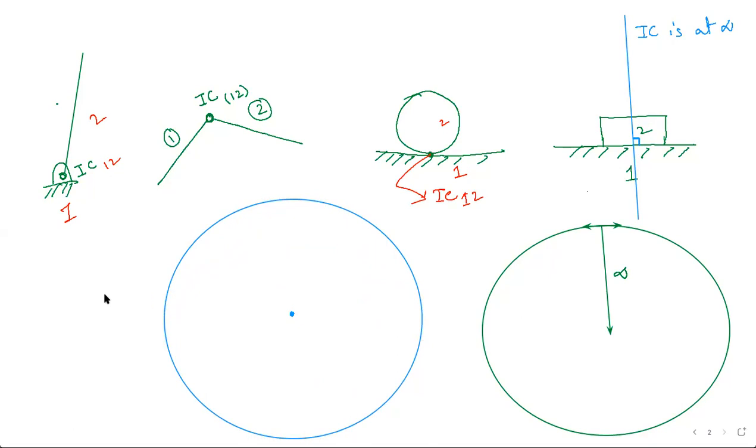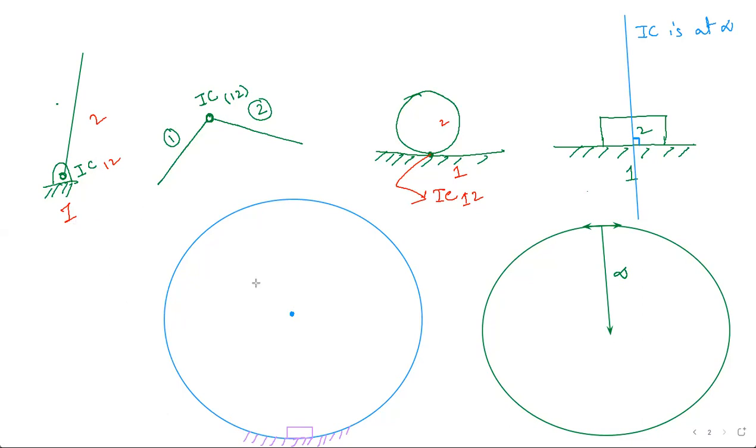Now, just assume that you have a link which is on this surface, like this, a small slider which is sliding on the surface. And let's fix the surface, which is the spherical surface. Now, what do you think the instantaneous center of the slider would be? The instantaneous center of the slider in this case will be the center of your circle itself,